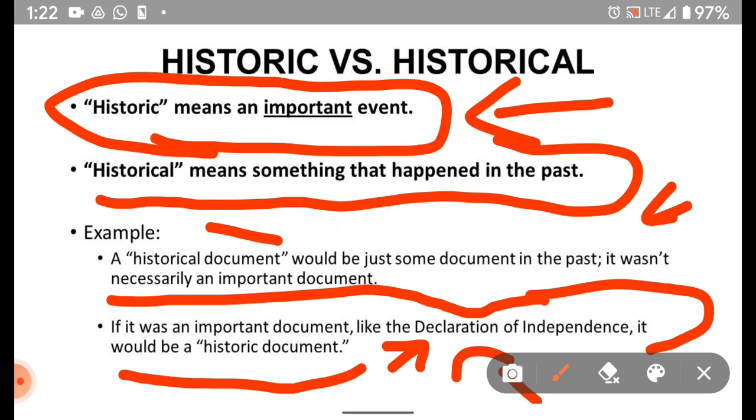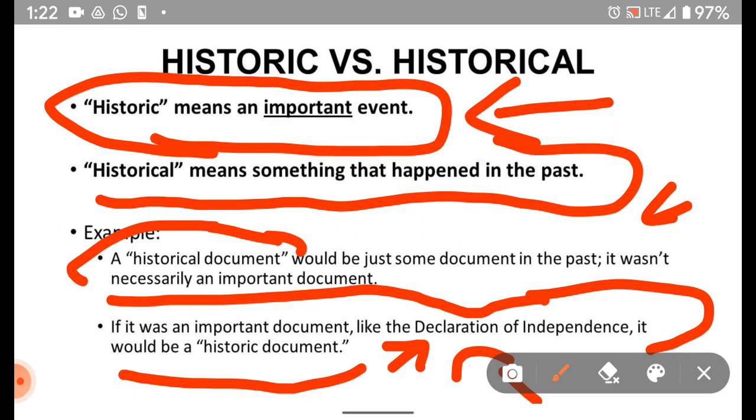For example, if there was a bureaucratic file, okay, and it was 1 week older, it was a file that was made 1 week ago, then that is a historical document, okay. It was made in the past, but that does not mean that it is a historic or important file, okay. So remember, once again, historic is something that happened usually in the past, mostly in the past, but